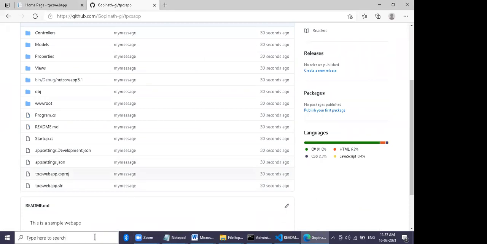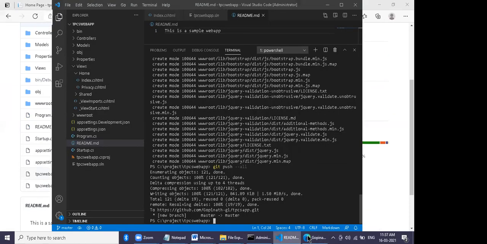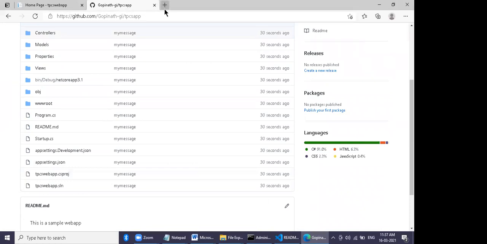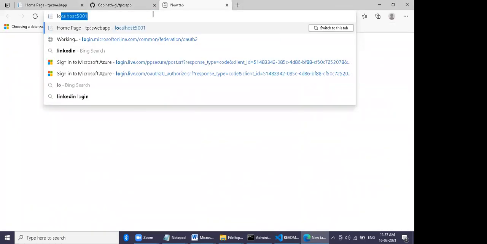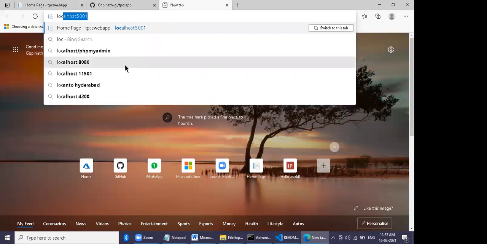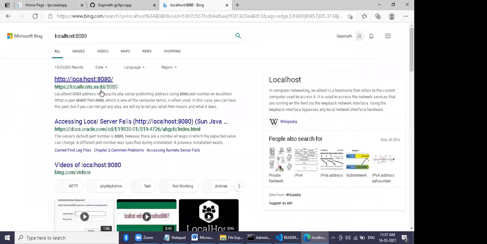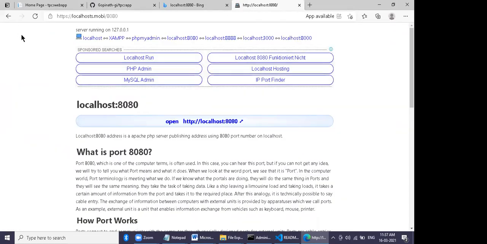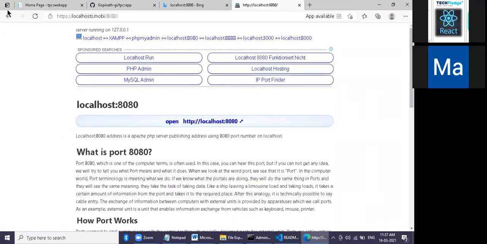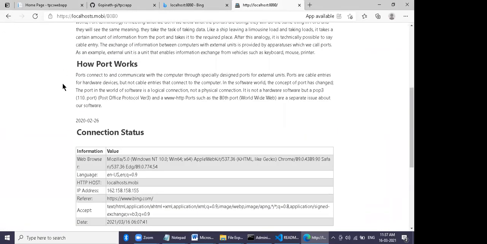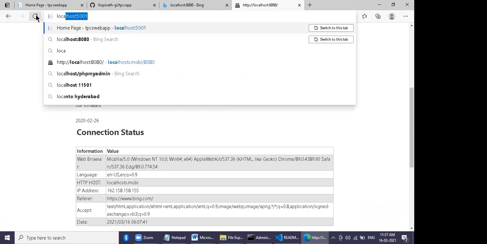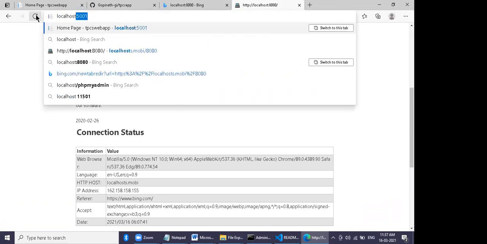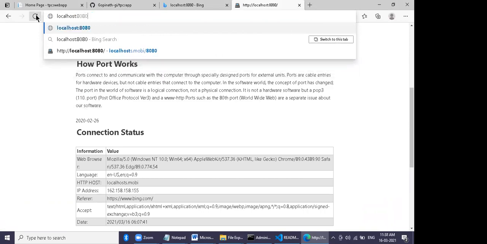Open localhost 8080. No, Jenkins is installed, right? Just type localhost colon 8080.